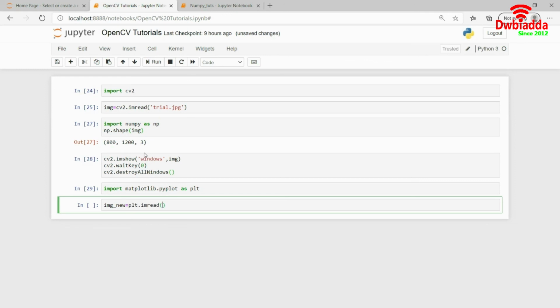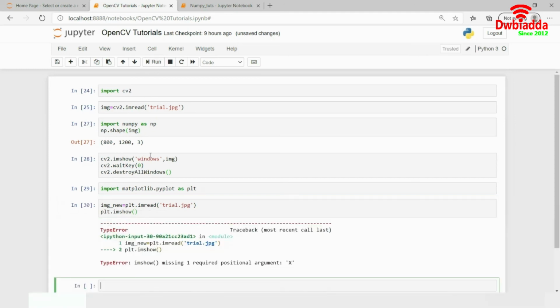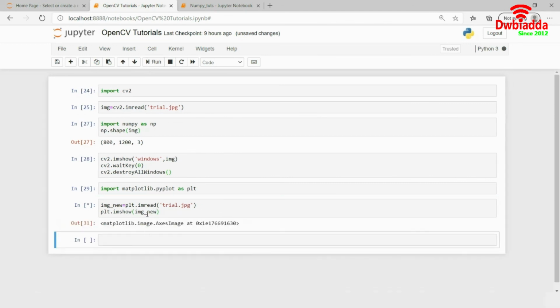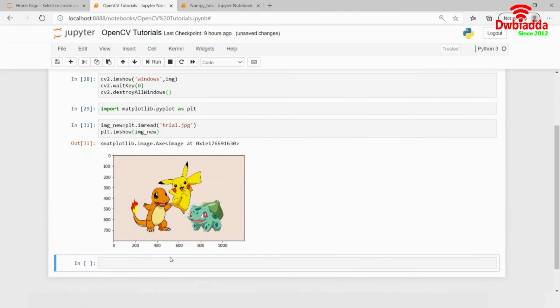So imread trial.jpg, and then plt.imshow. If I run this command, it will require the name of the image as well. So like this, and you'll see that this image has appeared on the Jupyter Notebook screen.